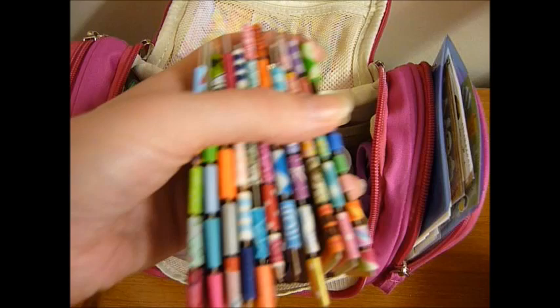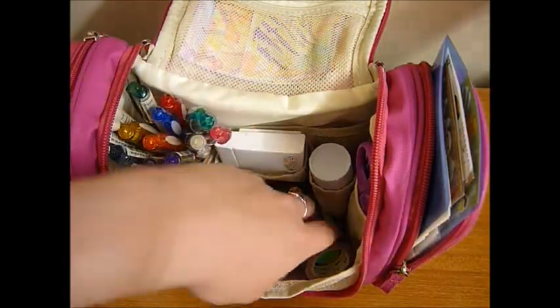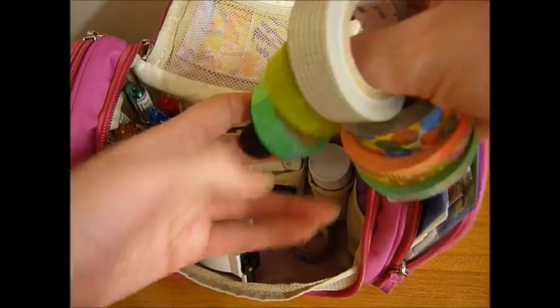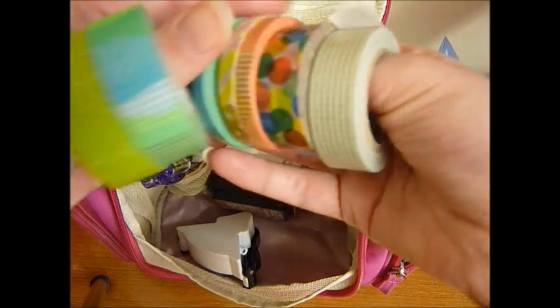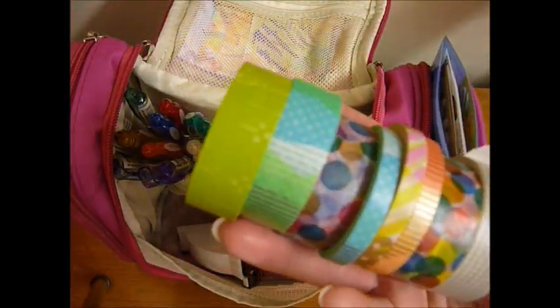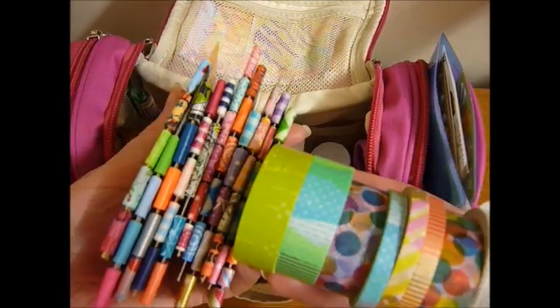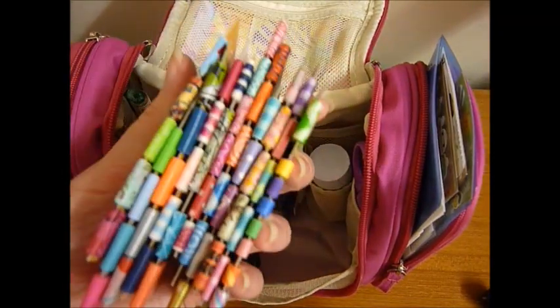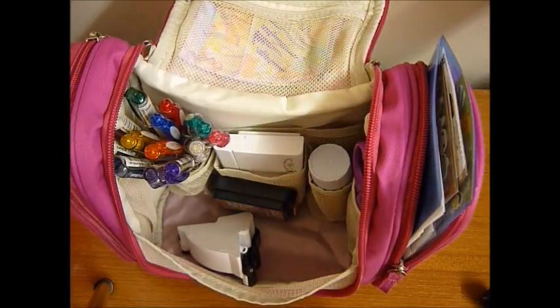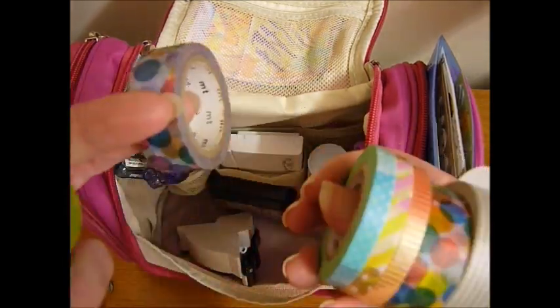And if you see how much space just a few rolls of washi tape take up, you know, these are whole rolls, but still, how much space these take up compared to a ton of different choices on card. It's a really good solution to limiting the amount of space that a big selection of things take up. And the only reason that I brought the few of these that I did bring was because